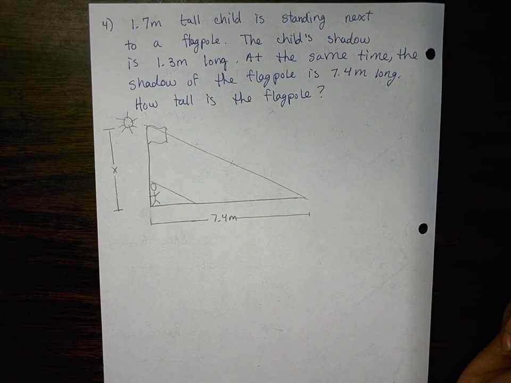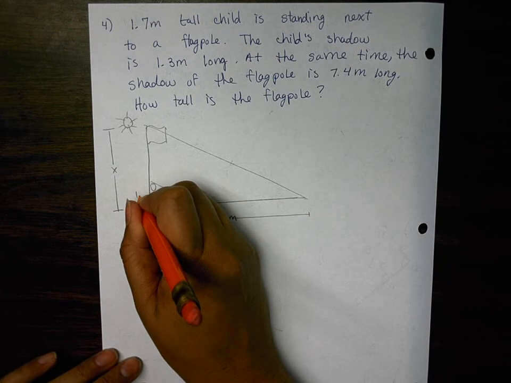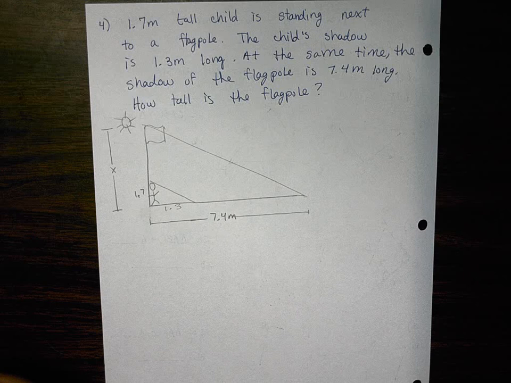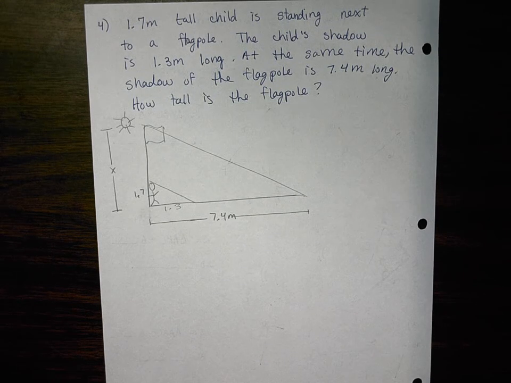Guys. So, now, do we know the child's height? How tall is the child? 1.7 meters. And how long is his shadow? 1.3. Okay. When you have people or items standing next to a tree or a flagpole and you're dealing